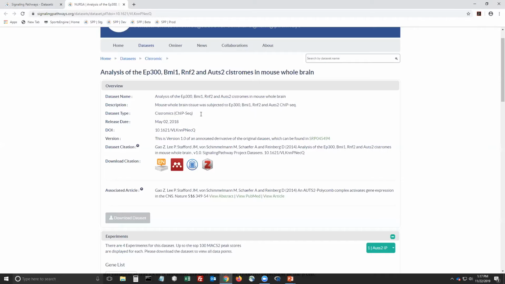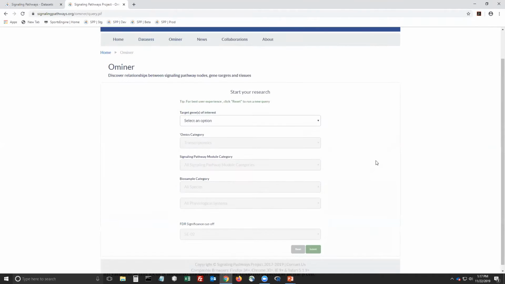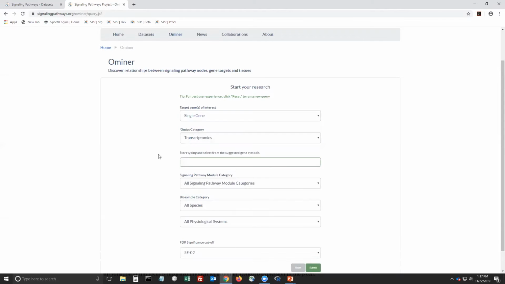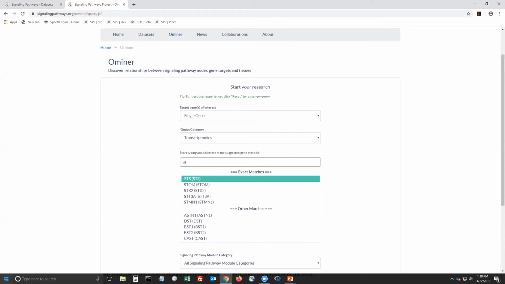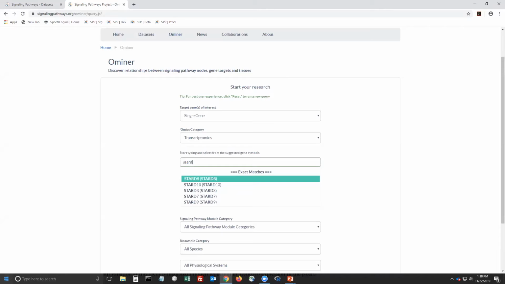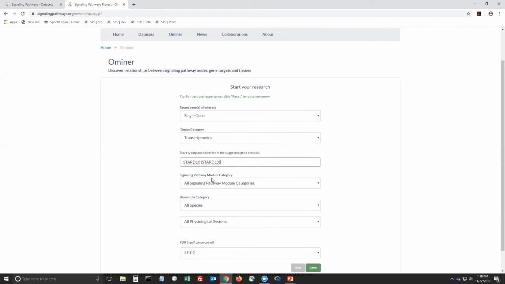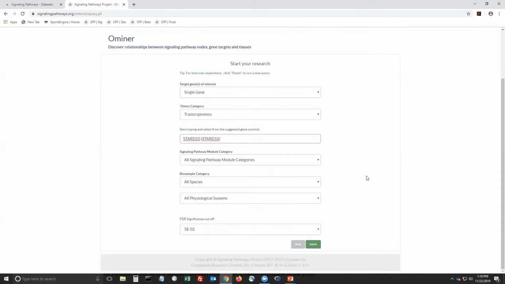So let's go to Ominer, and to do a single gene search, we're going to use our drop down and select single gene. We're going to select our omics category as transcriptomics, and begin to enter a couple of key letters of the gene we're interested in, STARD10, and select that from our exact matches. For purposes of this example, we're just going to keep everything at default, but know that all the results had a p-value of 0.05 or less. So we click the submit button,